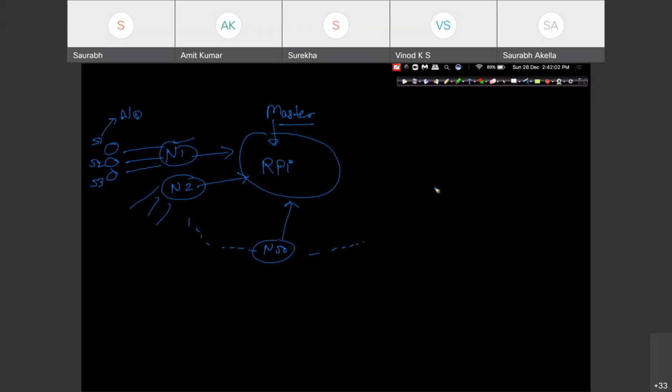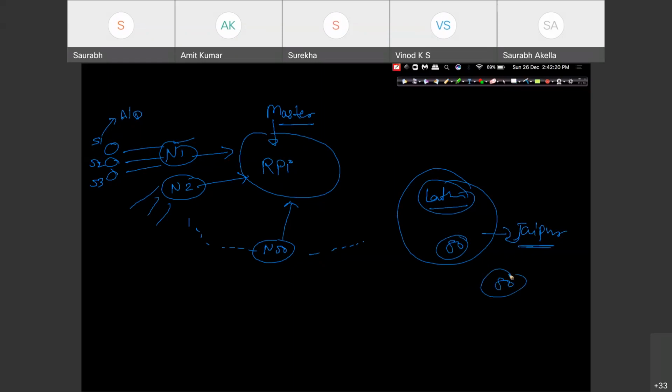And likewise, if there is one lathe machine, right, so that is okay. If there are 50 lathe machines available at one single location, maybe Jaipur, right? Likewise, there are 50 locations in the world. At different locations, you are sending data to one particular control room only. So it becomes very, very important and challenging how you will receive your entire information, though your information is getting increased every second.